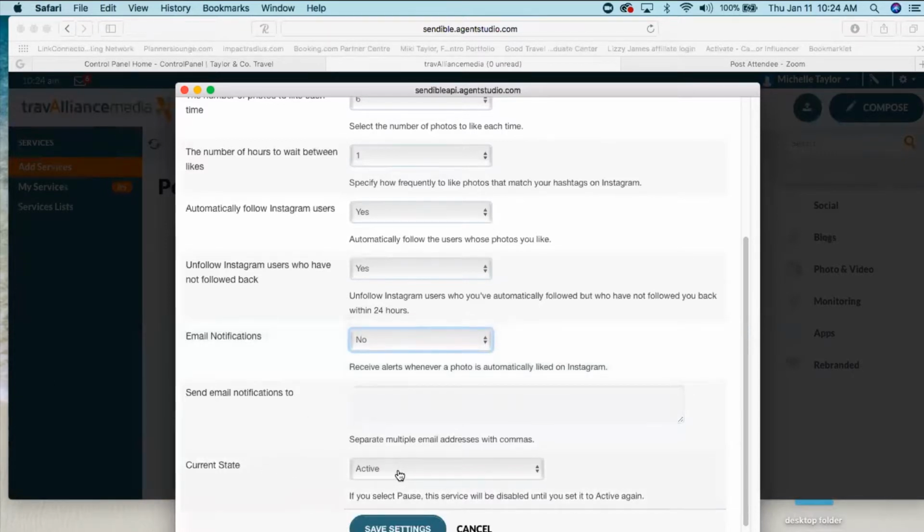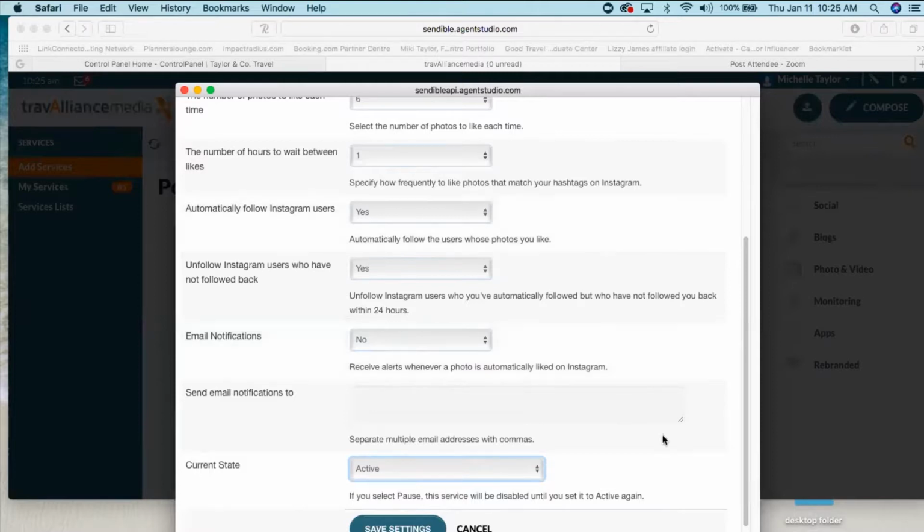And the current state, you can pause this or you can keep it active. I still haven't figured out, and I ask this every time I do this webinar, why I would want to pause one of these. Even if I had thought maybe for holiday travel, you might not want to automatically like an image which has the hashtag holiday travel, but that's not really true, because holiday travel can be any of the holidays, not just Thanksgiving, Christmas.